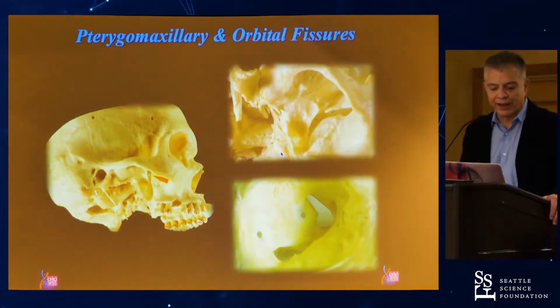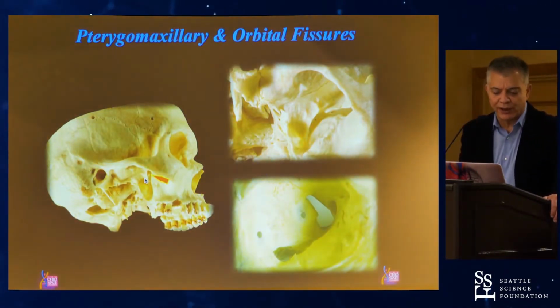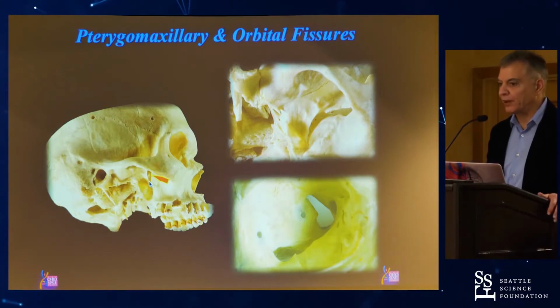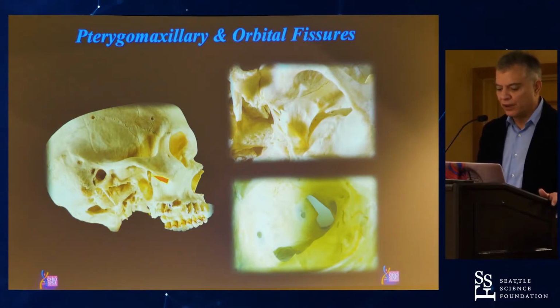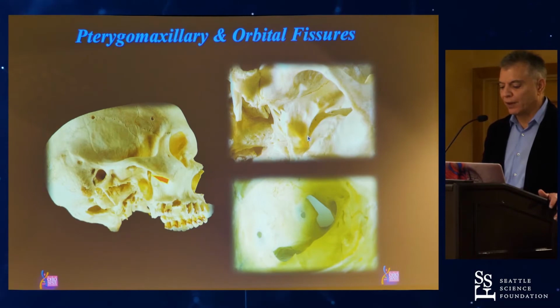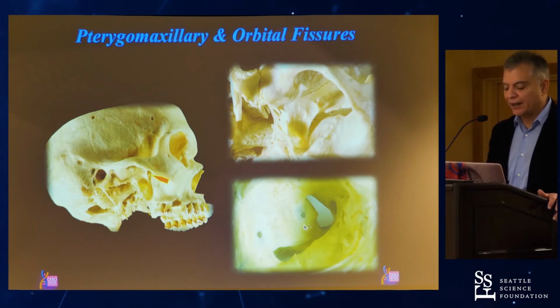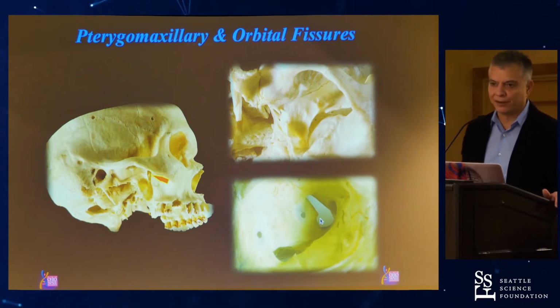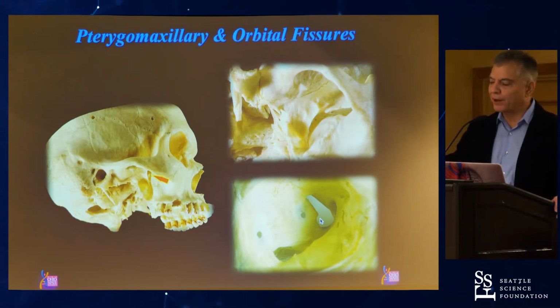So if you look from the outside, from the infratemporal fossa to the pterygopalatine fossa, you will see this fissure here, which is the entrance to the pterygopalatine fossa. That's called the pterygomaxillary fissure. If you look from inferior to superior, you can see that the pterygomaxillary fissure is continuous with the inferior orbital fissure. They form kind of a half moon. Inside the orbit, that inferior orbital fissure is very close to the superior orbital fissure. So if you have that in mind, you can kind of